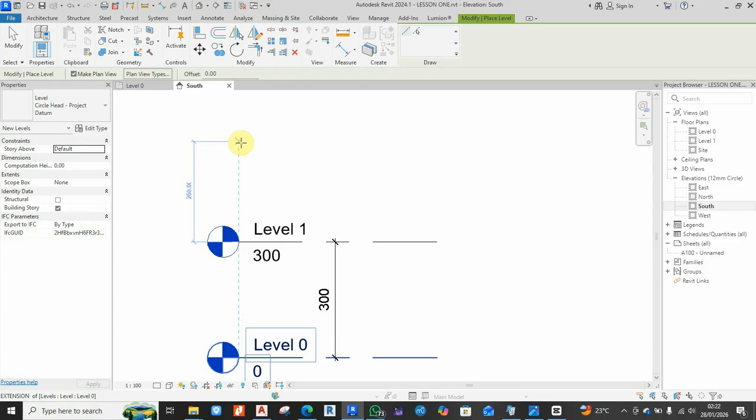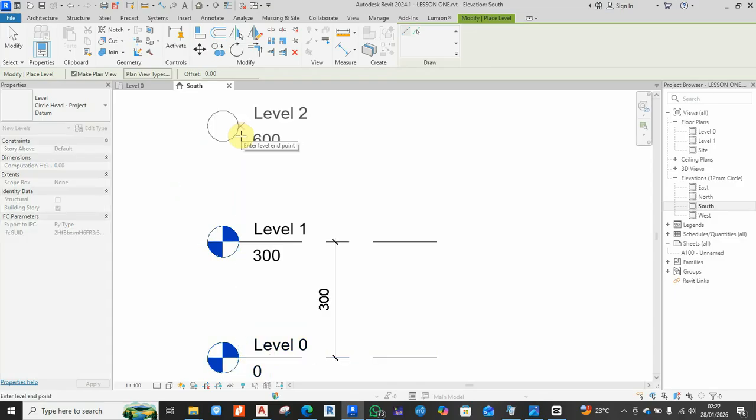And as I am going up, you can see there's a dimension that is appearing, giving me the distance between level 1 and the new level that I want to place. Right now I have 270, which is 270 centimeters. Now I can simply just type 300 on my keyboard. So as I begin to type 300, the dimension changes from 270 to 300. When I click enter, you see